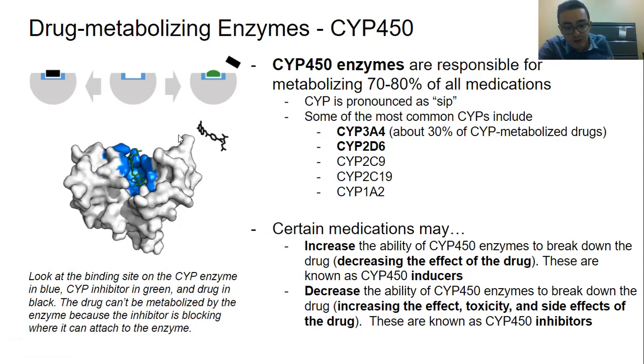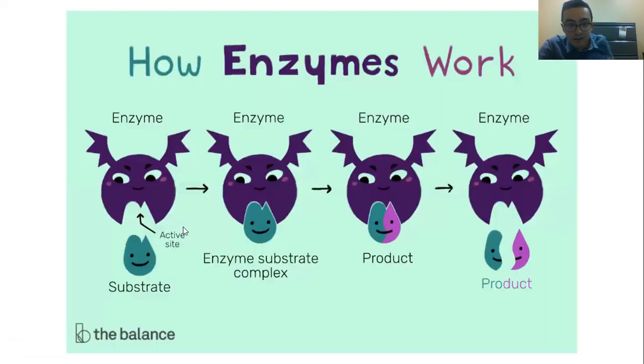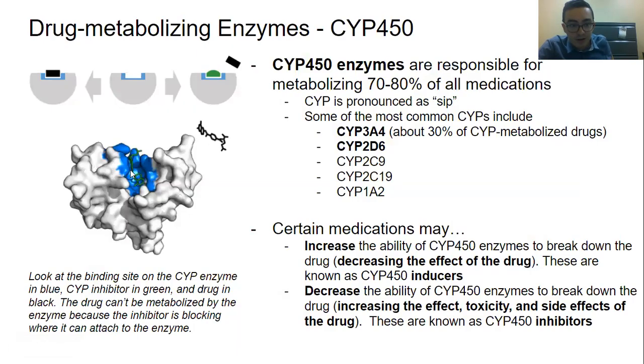And if we remember our previous slide, it's attaching to the active site. So that CYP inhibitor is like a little lock and key attaching to the active site, and you can see it up here. It's shown in the green, the blue is the active site on the enzyme, and the black is our drug, this little drug right here. Normally, the drug wants to bind to that active site so it can be metabolized by the enzyme